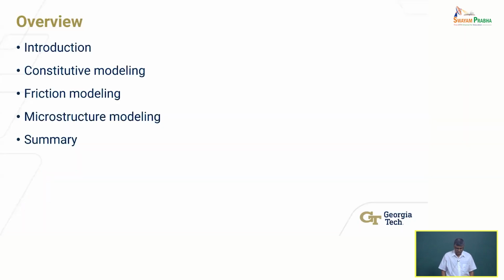So this is the agenda for my lecture today. I already made some introductory comments about the importance of machining and metal machining in particular. But we'll talk about the role of constitutive modeling, describing the behavior of the material subjected to cutting operations, and modeling of friction, which is an important aspect. In most manufacturing processes which involve contact between a tool and the workpiece, friction is important. Certainly in machining, frictional conditions can be extreme.